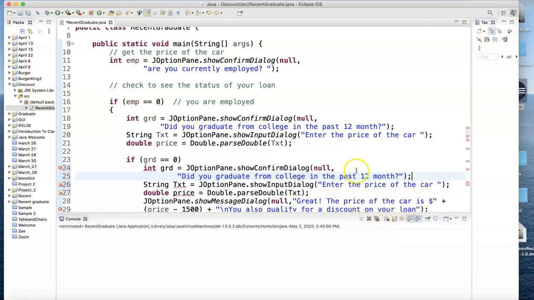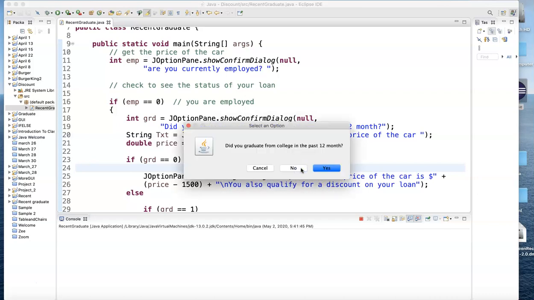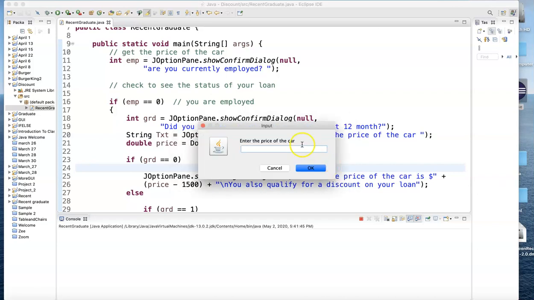Let me see what happened here. Let me just undo the last piece. I need to stop and look at it. I think the original program was working. I clicked the wrong button. Are you currently employed? If you say no, it's a waste of time, so it's going to kick me out. Let me say yes. Did you graduate from college? Let's say yes. Enter the price of the car,